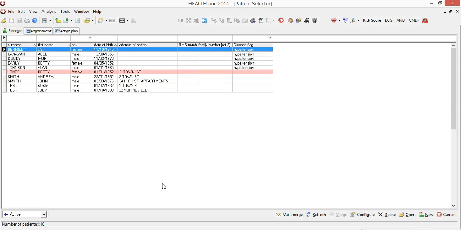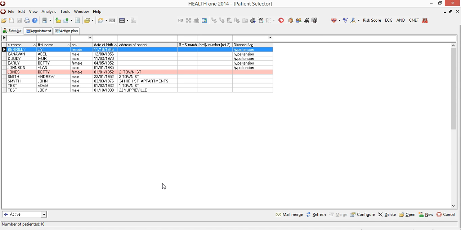A useful facility in Health One or any program when dealing with risk factor management or chronic diseases is to be able to case find patients as we work through our daily list. Now, while analysis will provide you with a point in time description of who may have a particular risk factor or not in your practice, or perhaps who has not had that risk factor checked in your practice, the advantage